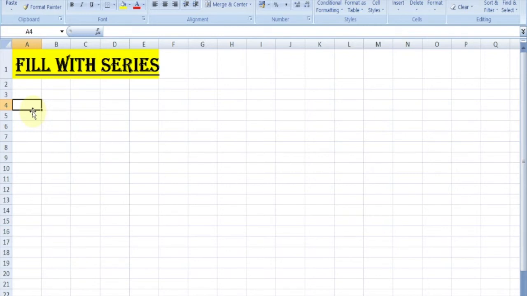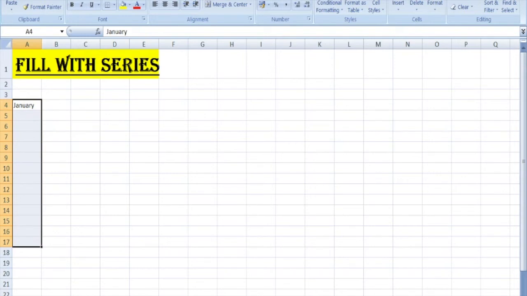With fill with series, we just type January in cell A4 and drag, selecting the cells from A4 to A17, suppose.